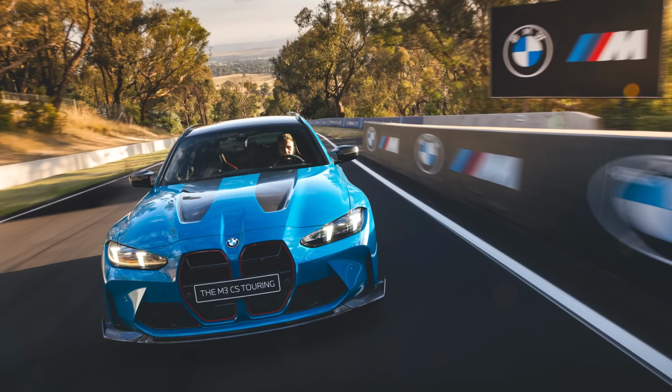So lots of photos from BMW UK, which are German press shots, but I also was lucky enough to get sent a nice little package from Nick in BMW Australia of their shots with the M3 CS Touring. And the reason that Nick sent me them is actually, as we speak now, because, well, it's morning in Australia, they're about to launch the M3 CS Touring in Australia at the 12-hour Bathurst endurance race, which is just a